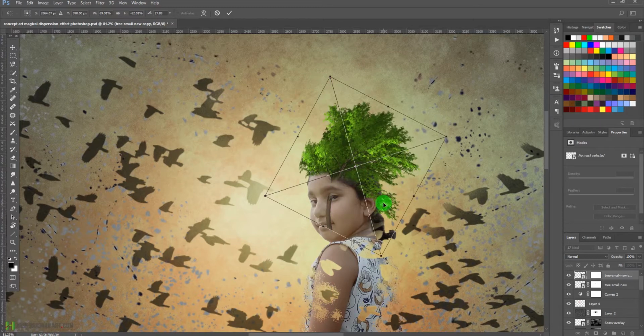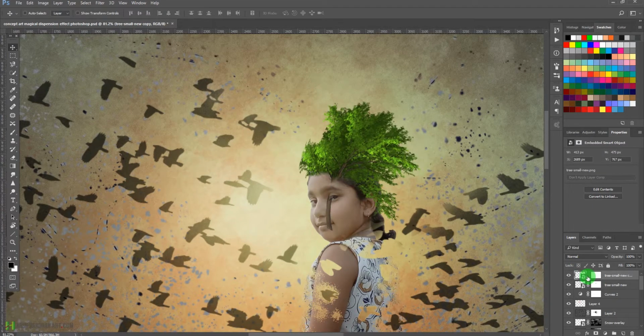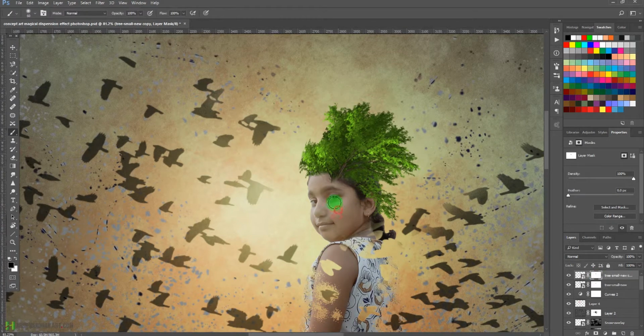Maybe over here, press enter, link back the layer mask and choose the brush tool, remove it from here,